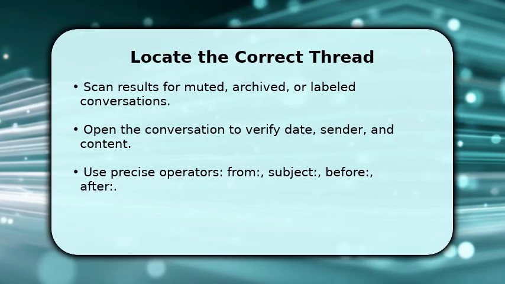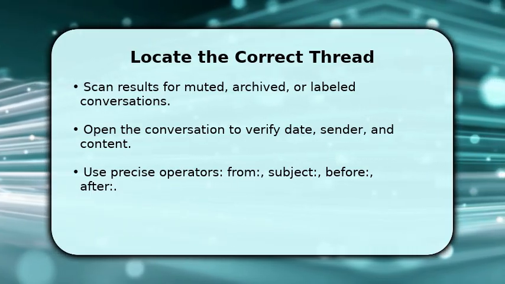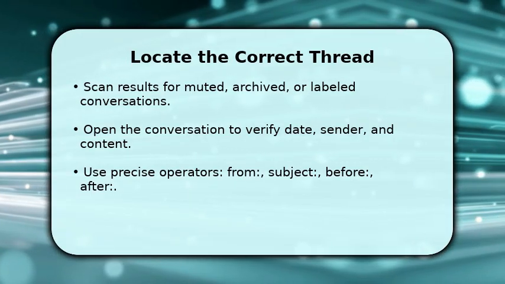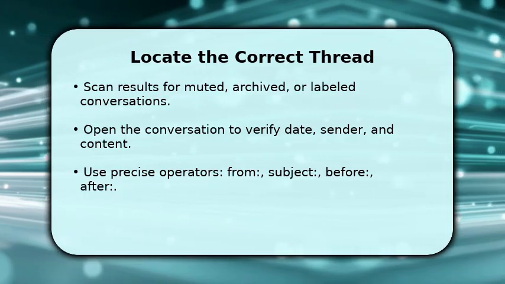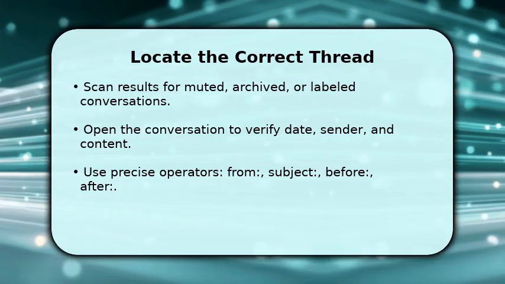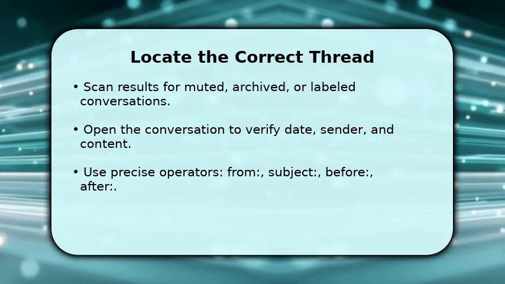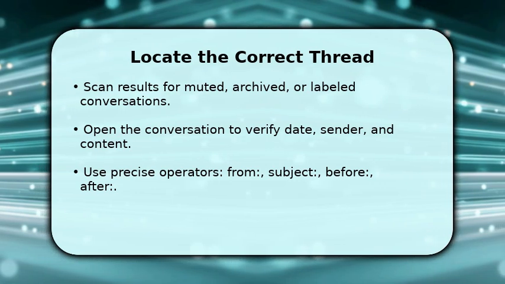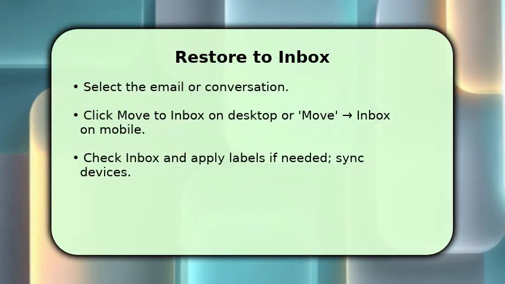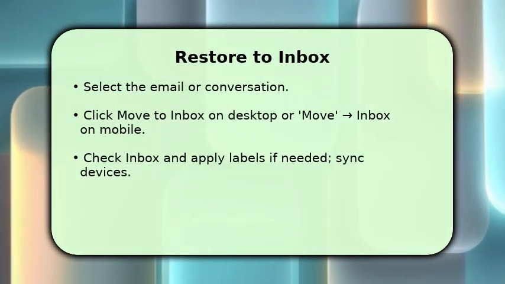or subject:invoice and limit by date using before:2025/01/01. Once you confirm it's archived, note whether it shows no inbox label. That signals it's truly archived, not deleted. This careful verification helps. To restore, select the conversation and choose Move to Inbox so it returns to your primary mail